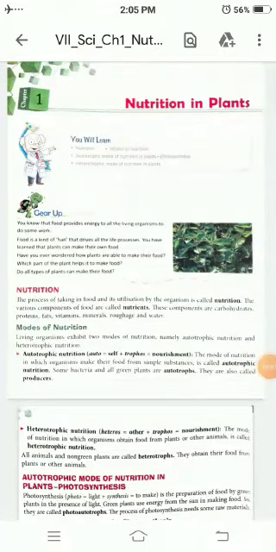Today we are going to see our science first chapter of biology, that is nutrition in plants. Nutrients are the components found in our food such as carbohydrates, vitamins, minerals, fats, etc. These components are necessary for living organisms to survive. Plants produce their own food while animals and human beings do not produce their own food. We directly or indirectly depend on plants and animals for food needs. So, in this chapter, we are going to see the modes of nutrition of plants.